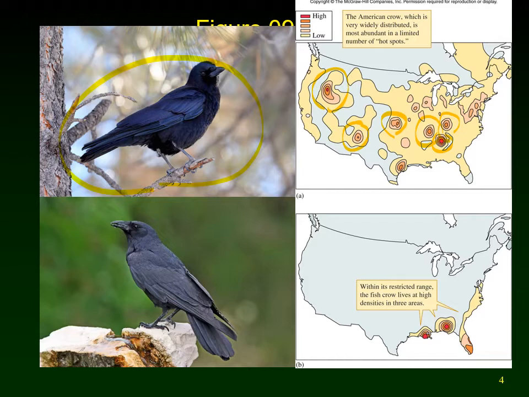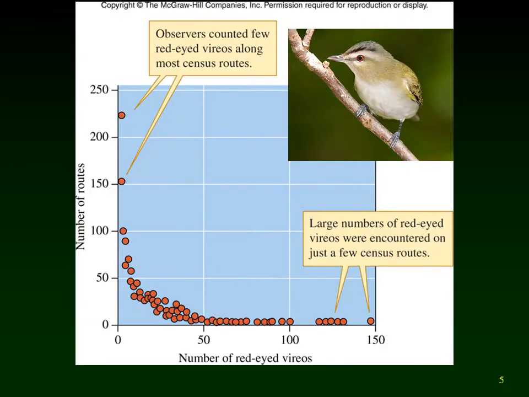We look at the type of data that the Browns did with the breeding bird survey. Here's an example. This is looking at the red-eyed vireo, which is a small songbird. And we can see on the x-axis we have, for each point where they were counting birds on a route, the breeding bird survey is done along these routes where they stop every half mile and count the number